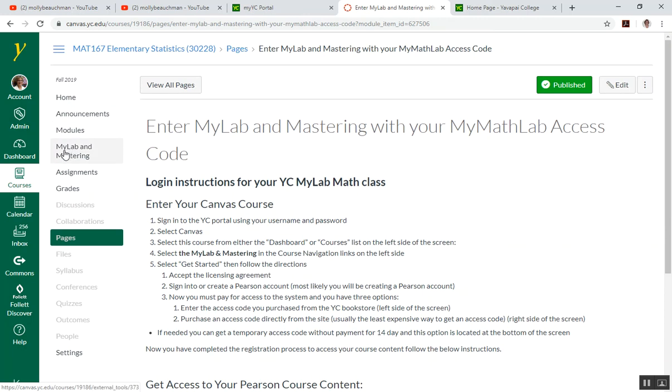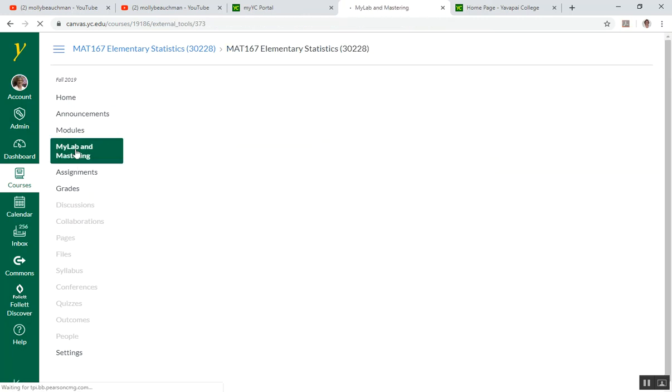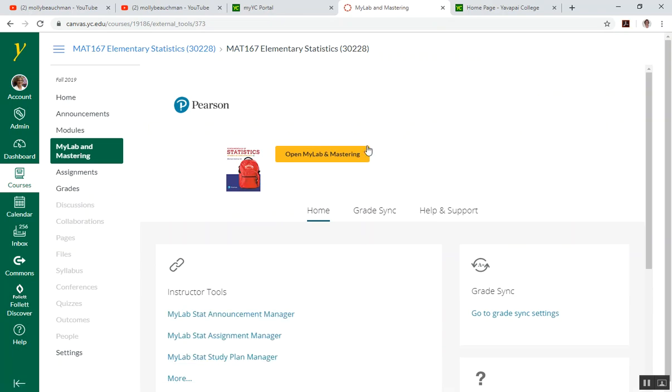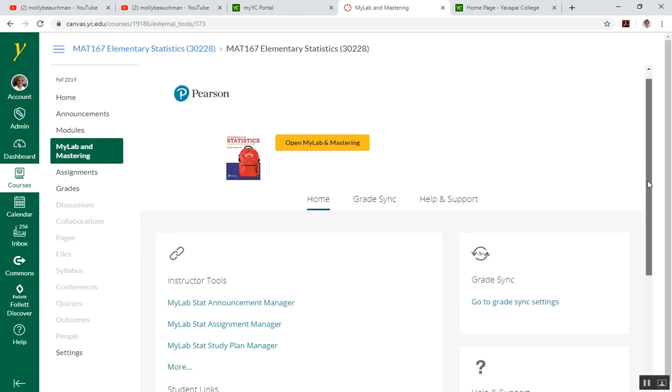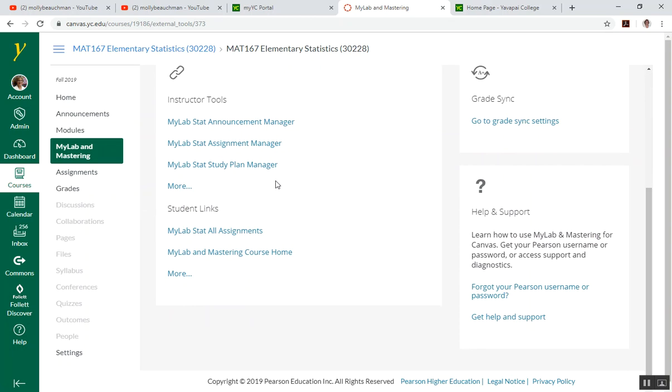So the way we enter My Labs now is not through a separate website, but right through Canvas. So when you click on My Lab and Mastering, I've got instructor tools, but I'm going to go ahead and take you through the student links. There are really two different ways you can access it. You can either access straight to the assignments, or you can access the front page. So if I click on Course Home,